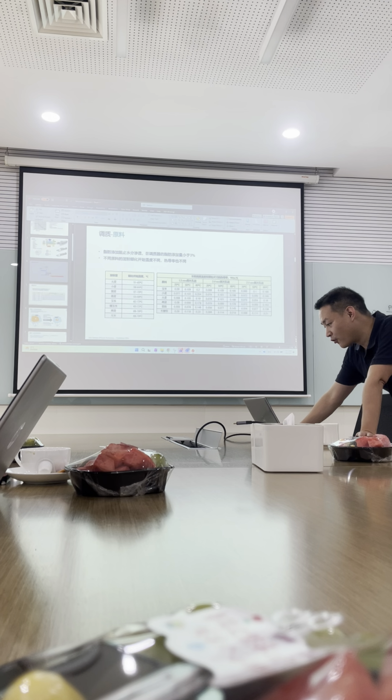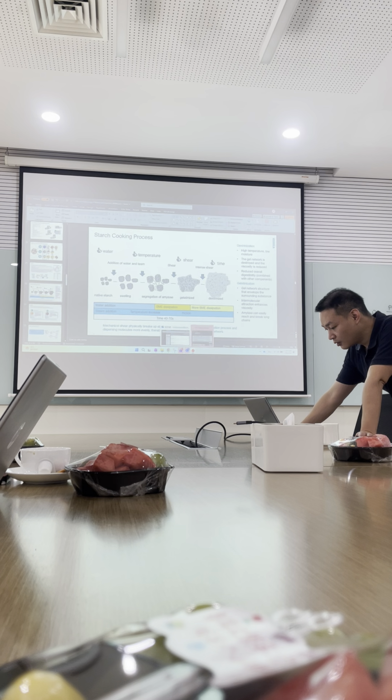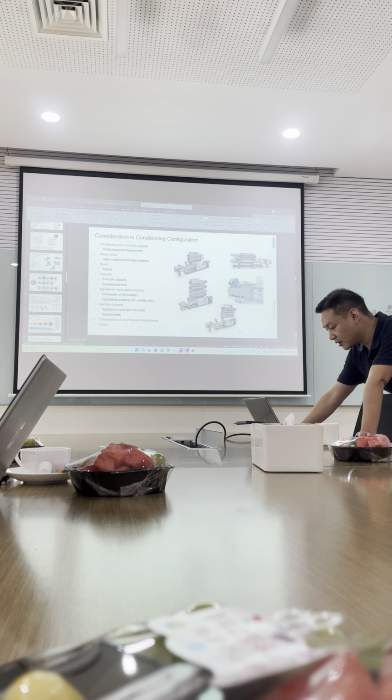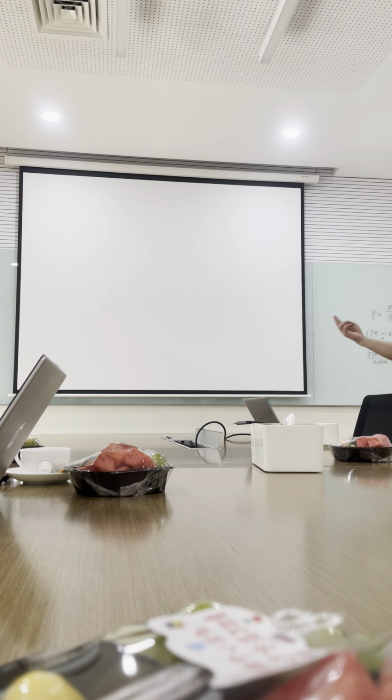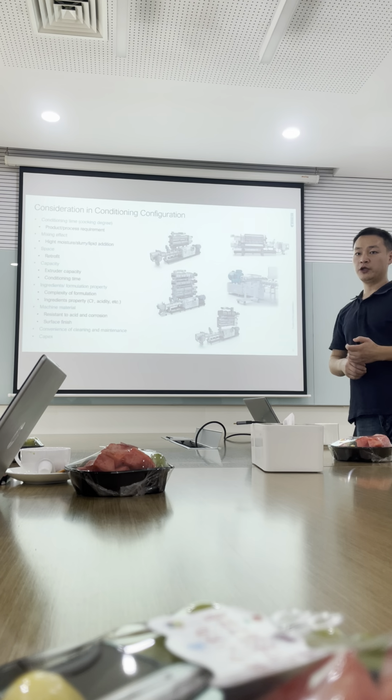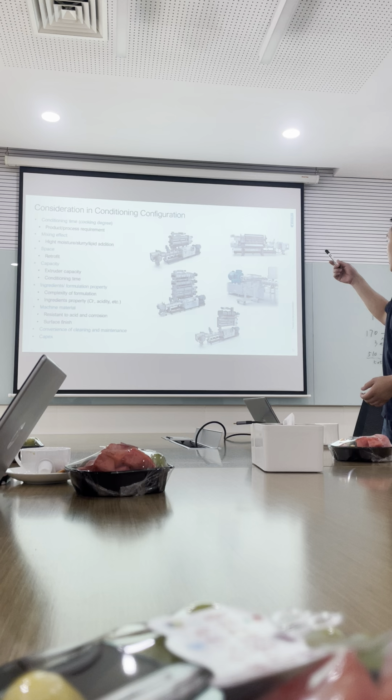That means for pet food we can use the 2-stage. That's enough. We use the conditioner to inject the steam and moisture, or oil or slurry,